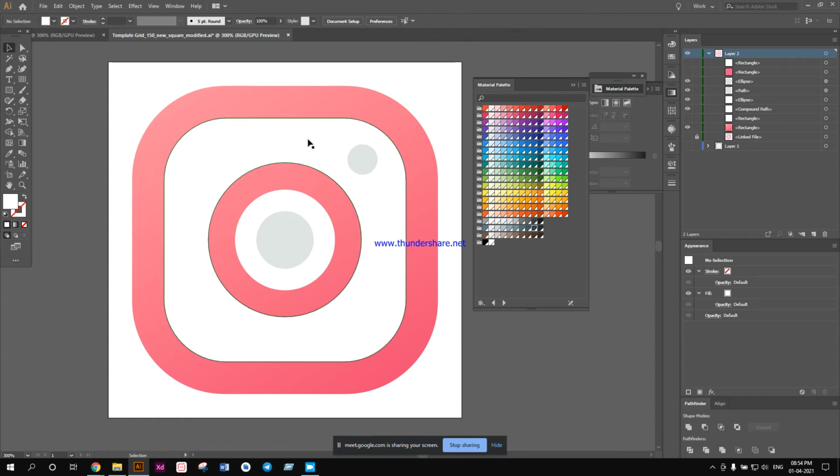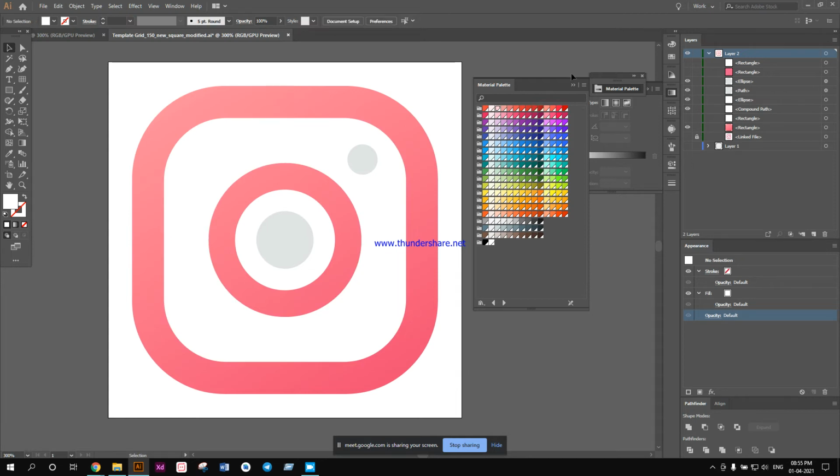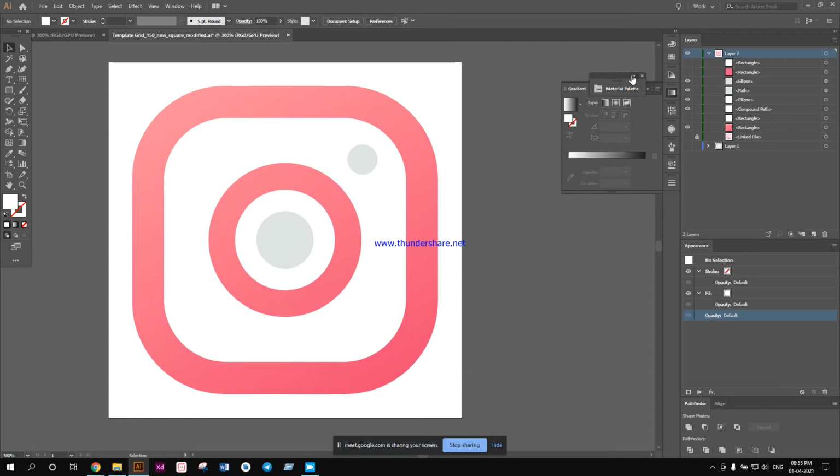See over here. Not looking good. Okay, I'll keep it like this as of now, but I'm not entirely happy with the design of this icon.